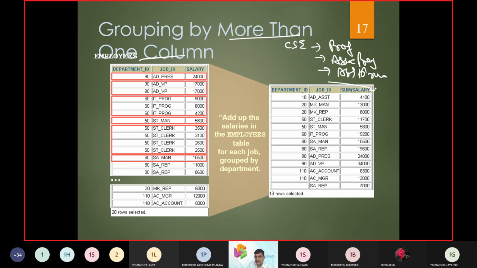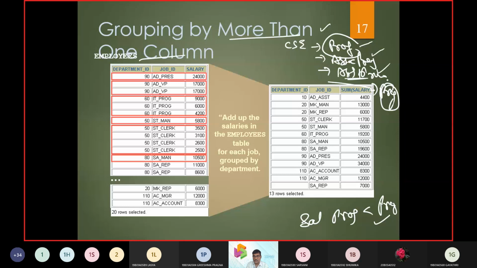And in the CSC department, there are programmers. Now you can see the salary of a programmer will be less than that of a professor, and the salary of an assistant professor will be less than a professor. In this CSC department, subdivisions are there: one we call professor salary, another assistant professor salary, associate professor salary, programmer salary.